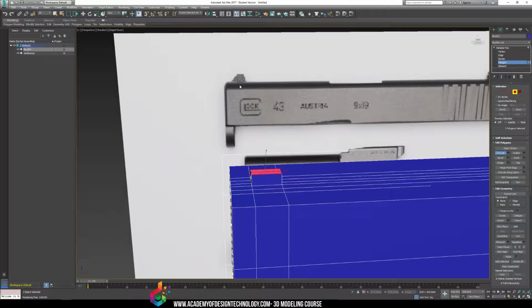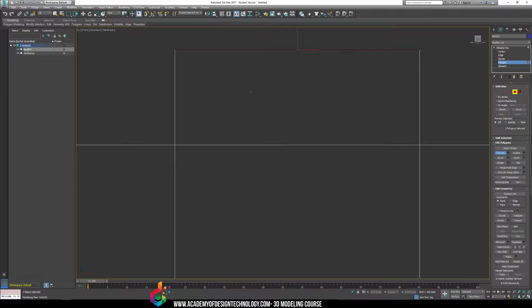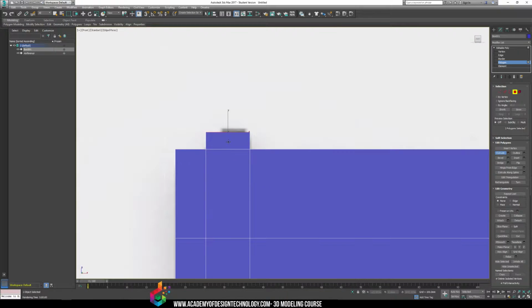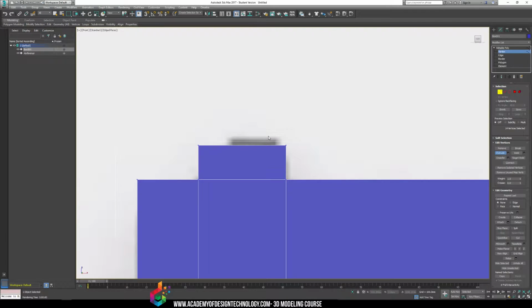But you'll notice that it actually pops up and then it slides down. So always just play around with your views. I'm going to go to the side view here. I'm going to play around with the vertexes to make sure it matches up